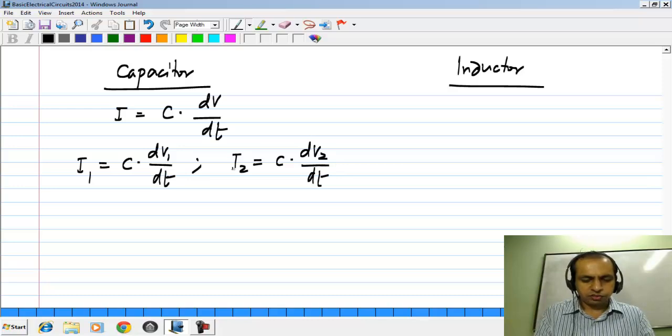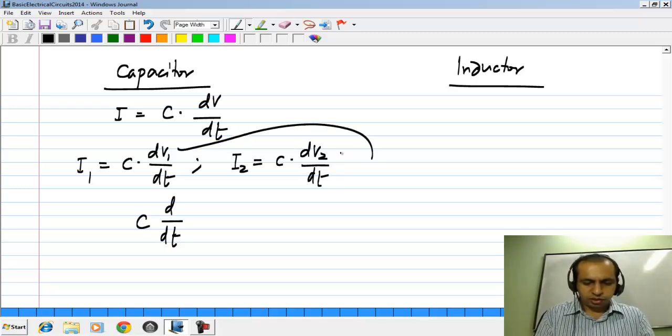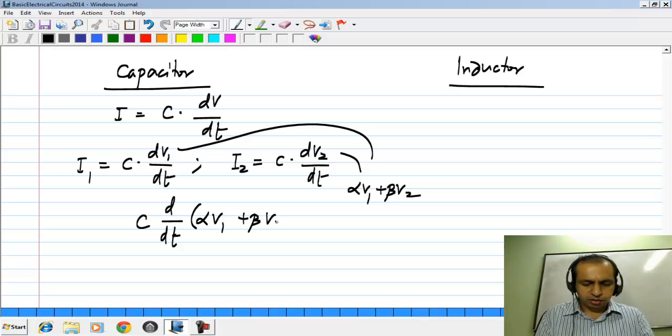These are all functions of time, although I am not showing them explicitly to be so. Then if you apply a linear combination of these voltages, let's say alpha V1 plus beta V2, you will get